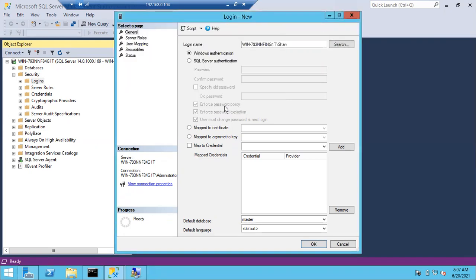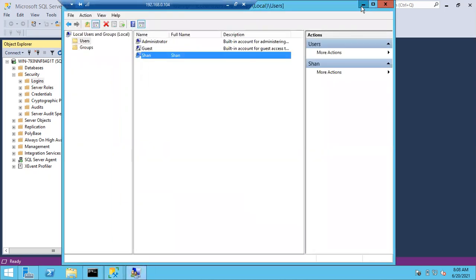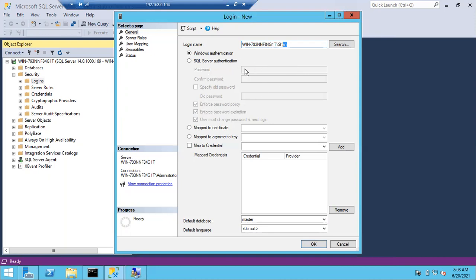Right, that's it. It won't ask you for the password. Why? Because it is a Windows login. Yesterday we discussed that a Windows login won't ask for the password. Why? At the Windows level it will verify. While creating the Sean user, I already gave one password, so that's why it is not going to ask for the password again. Password and confirm password are grayed out. Why? As it is a Windows login, it will use the Windows level password to log into the SQL server. Don't think it won't verify. It will verify, but it will use the Windows level login and Windows level password to log into the SQL server.